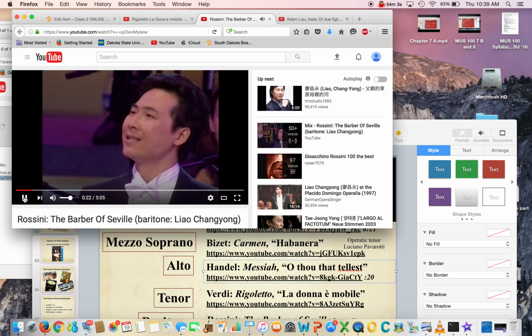I can hear that one. It's all la la la la la la la la la la. Very low, but he doesn't go quite as low as a bass and not quite as high as a tenor. Such a huge sound. So remember, the la la la la one is the baritone.